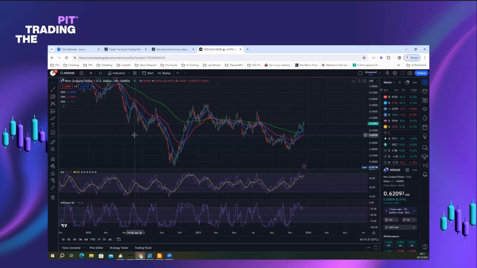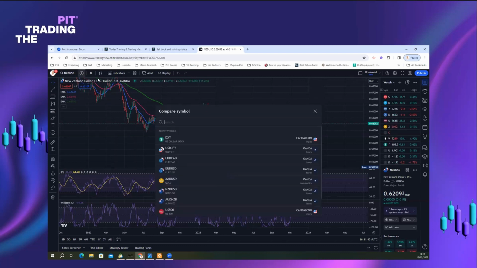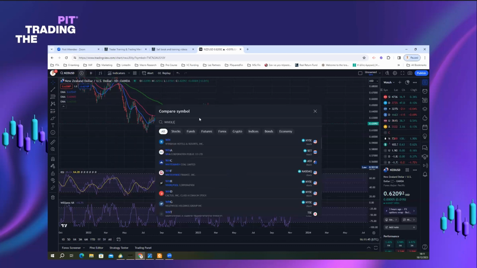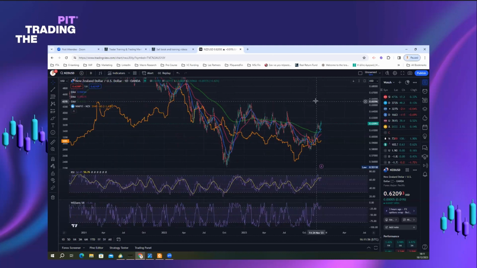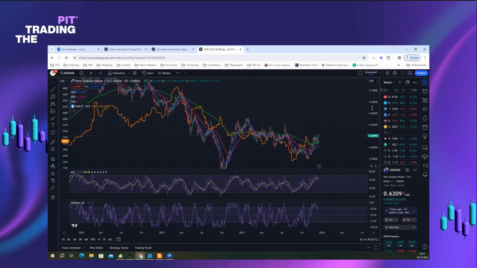What is the main product of New Zealand? Let me type this, it will be difficult to find out. Whole milk powder. And can you see that the New Zealand dollar, again, I'm not talking about 100% correlations, but you see the path, the trend of the futures on whole milk powder is moving together with the value of the New